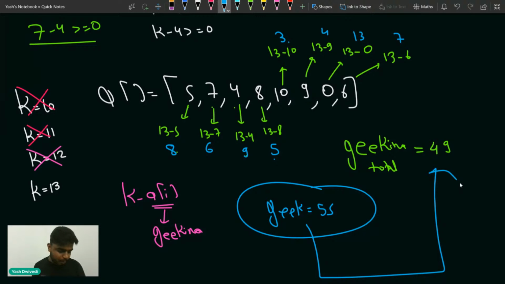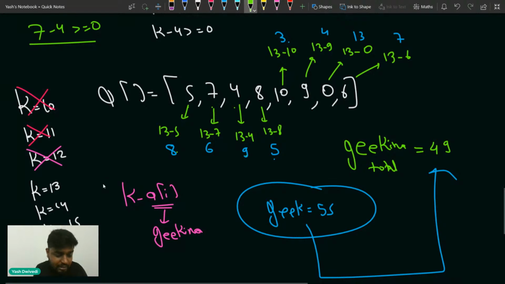But I'm trying to explain the problem statement, Shailesh. So if you are able to understand this one, you can tell me, right? You can see that k is equal to 13. For k equal to 13, it will work. If you choose k equal to 14 also, it will work. If you choose k equal to 15 also, it will work. k equal to 16 also, it will work.